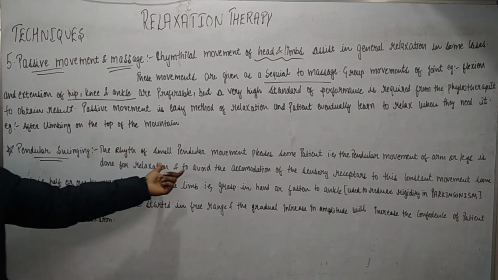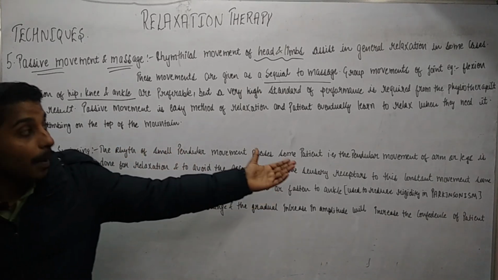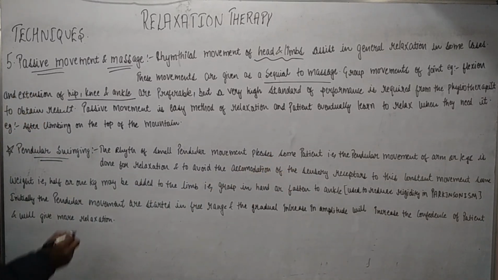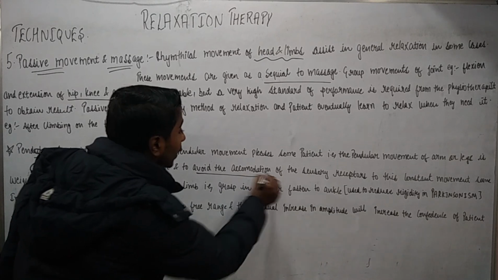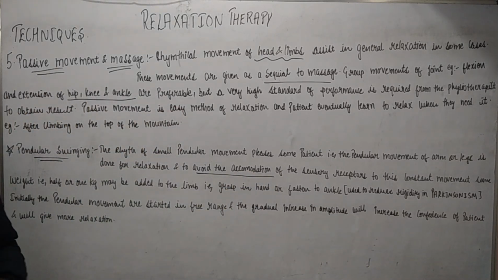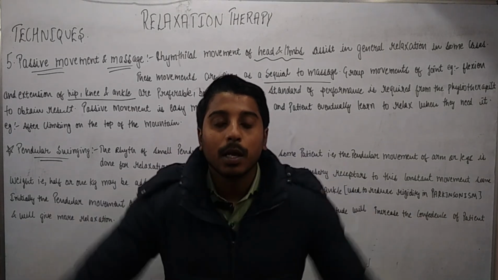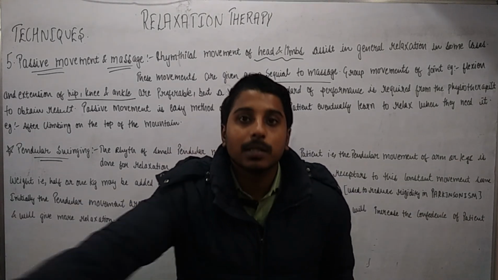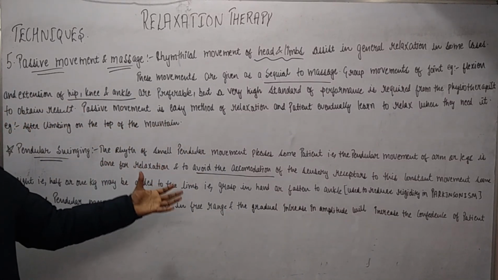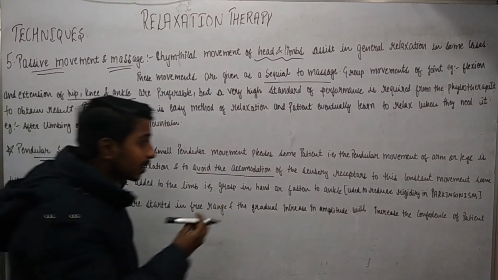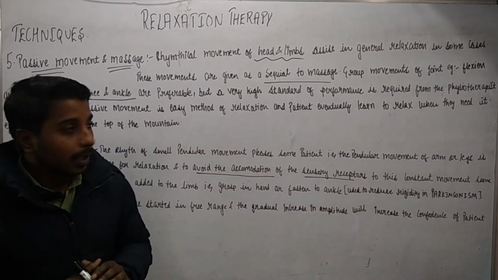The rhythm of the small pendular movement pleases some patient. That is the pendular movement of arm or leg is done for relaxation and to avoid the accommodation. For example, whenever I tire, I do like this. I do like this or I do like this. Okay, so what are these? These are the pendular movements, and to prevent the accommodation of the sensory receptors, we can add some weight to it. That is, we can